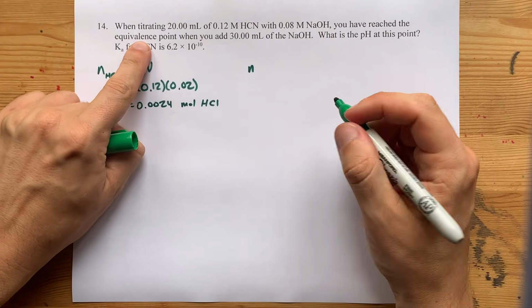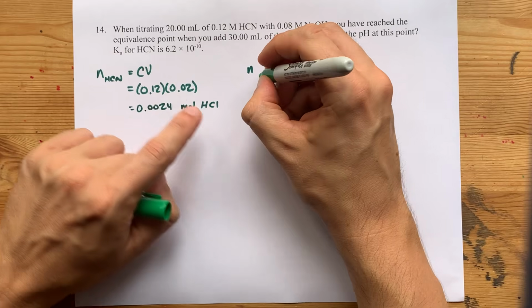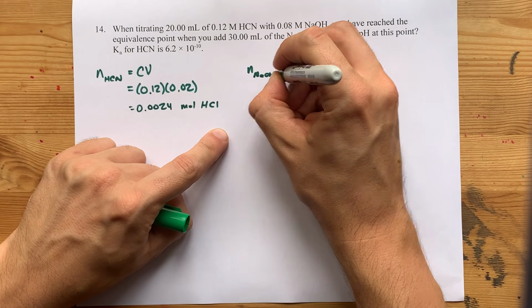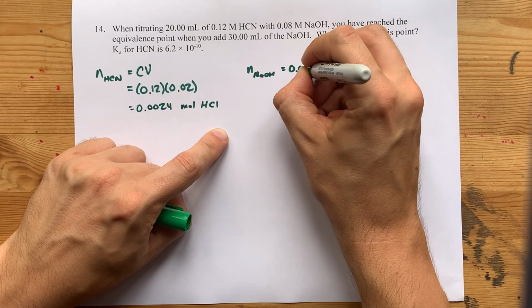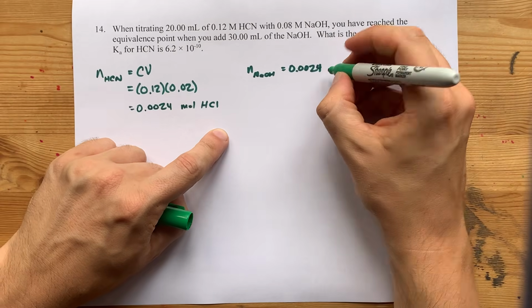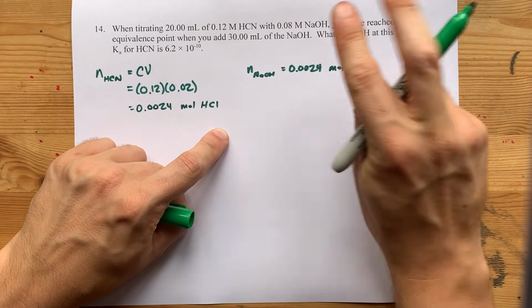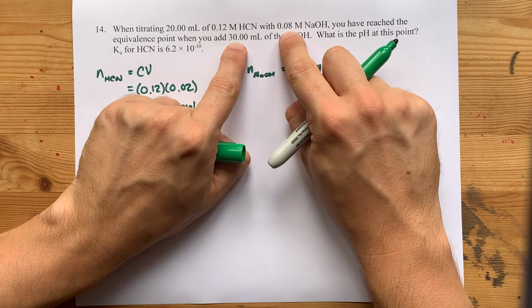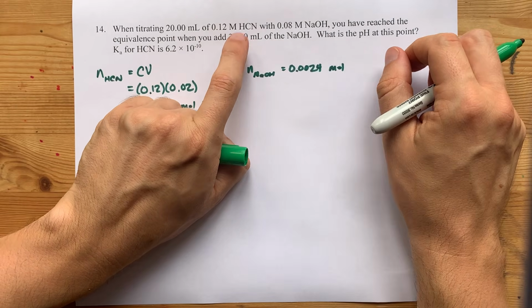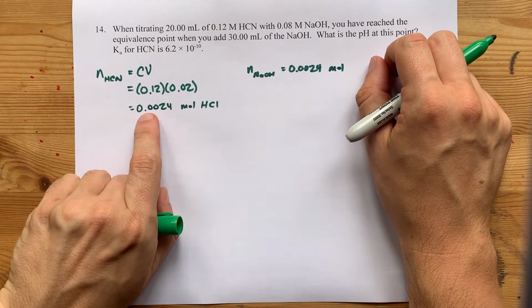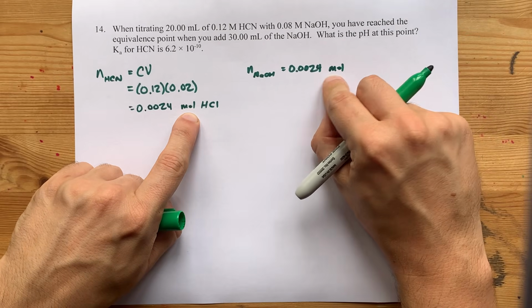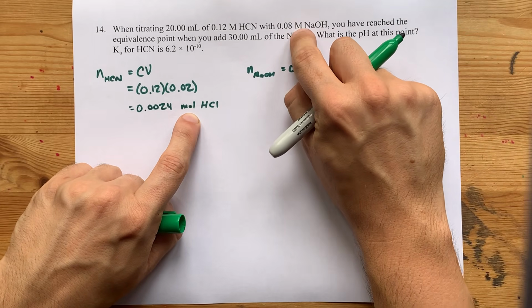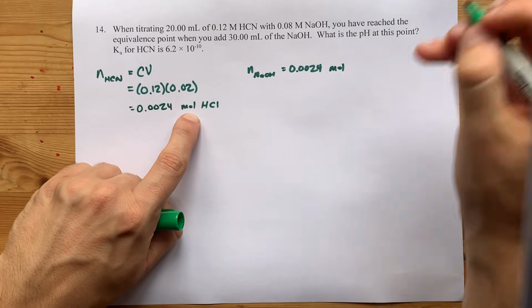They told us it was equivalence, and so that means the moles of NaOH that I added was the same amount, but it should be whatever you get when you multiply that concentration by that volume. P.S. If you needed that volume, you just take this number of moles and divide it by the concentration to get volume. Anyways,